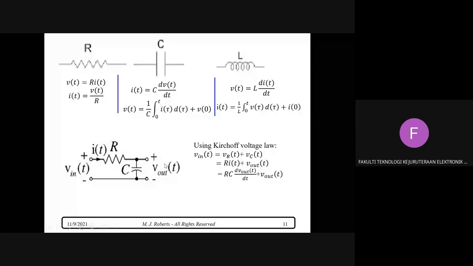The differential equation is the easiest way to describe a system, because we can easily find the input and output, V in and V out. So we can solve that differential equation. That's why we use the differential equation. So for example, to describe this circuit using a differential equation,